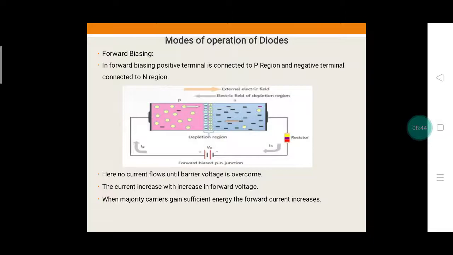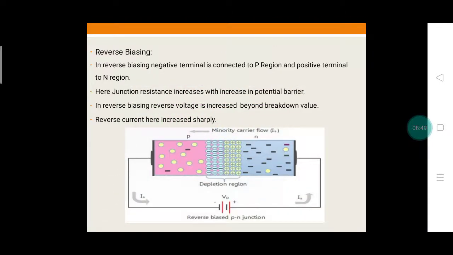Now let's come to the other effect, reverse biasing. When there is reverse biasing, the positive side of the diode is connected with the negative side of the battery, and the negative side of the diode is connected with the positive side of the battery, and we know that positive and negative attract each other. Hence, majority carriers will be attracted towards the battery from these two sides. It will cause the depletion region to expand, and hence in reverse biasing, conduction because of majority charge carriers does not occur, but conduction because of minority charge carriers occurs. This is the main point in the case of reverse biasing.